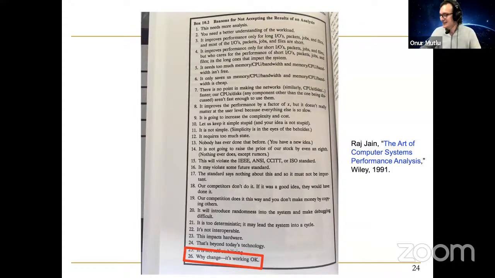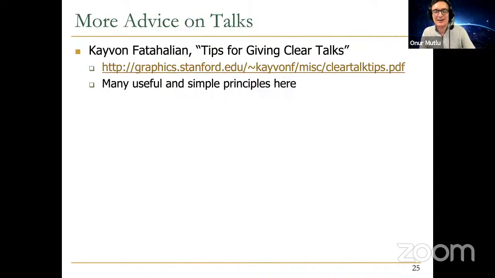I think this is a very negative look at the world. But you will see this sort of decision maker: why change? It's working okay. Why should I follow science? It's working okay for me. Anyway, so I'll give you more advice on talks, and I will recommend you to take a look at